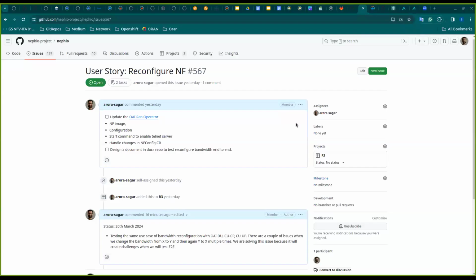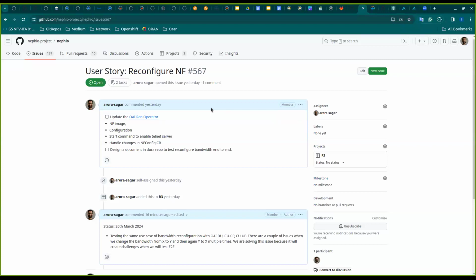Sorry, guys, I'm in a hurry because I have to jump to another meeting. It's actually my other supporting meeting which I cannot skip. So what we did is we created a dashboard, a sort of checklist story inside Nepio, which is also going to talk about